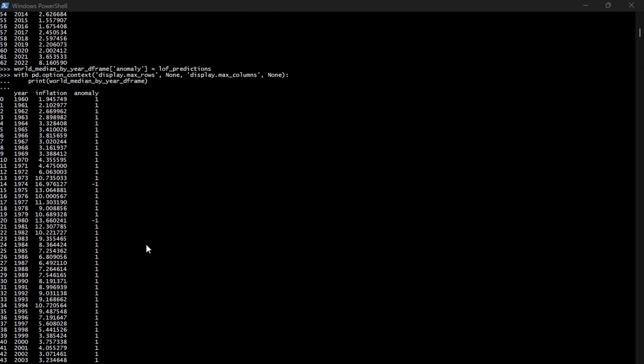And when we use this AI model, we get an output similar to what you see on the terminal here. We have a column for the year, a column for the inflation value at that year, and then a column labeled anomaly telling us whether or not that year represents an anomalous or abnormal data point. If the value is a -1, then that particular year is an abnormal year. So when we use a default value of 20 as the number of neighbors to compare to, we get